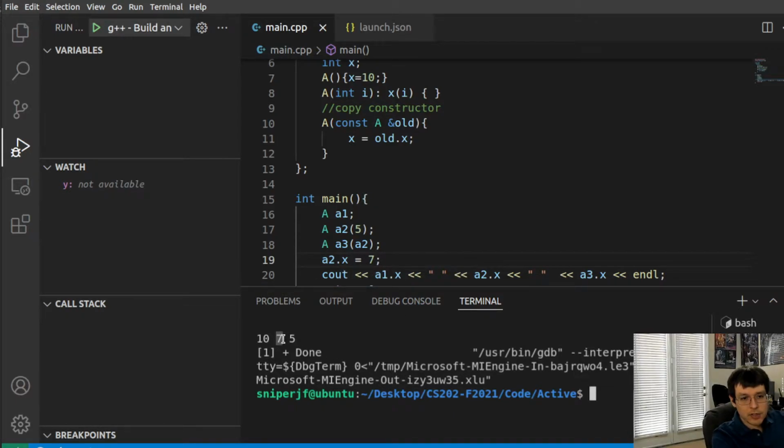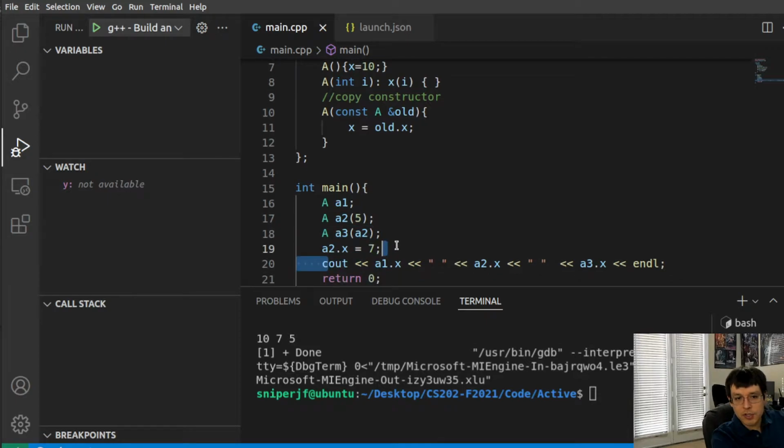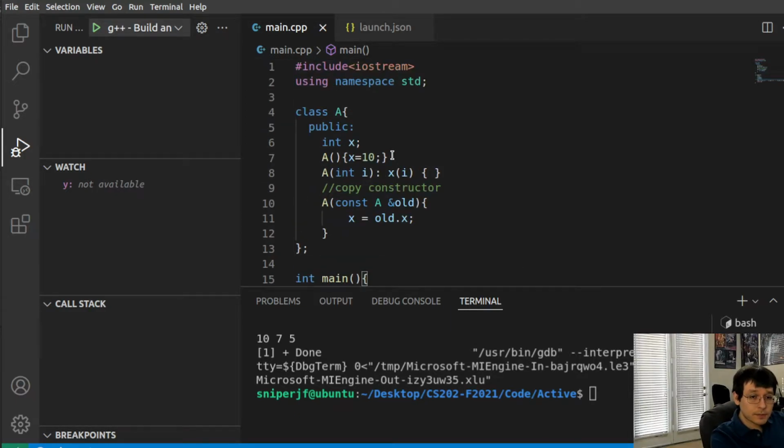We can change A2 and A5 remains, and 5 remains in A3 because we assigned it that way before we did the change. Okay, so they're independent copies. It's a deep copy per se, and everything is nice. Okay, cool. Now comes the issue that, let's go ahead and instead of making int x be a normal variable,